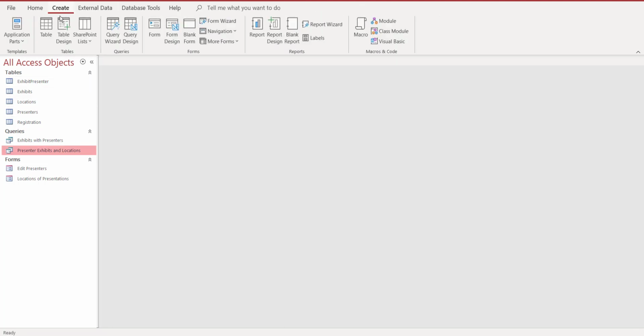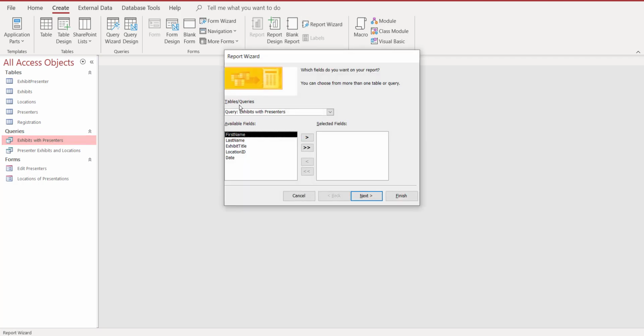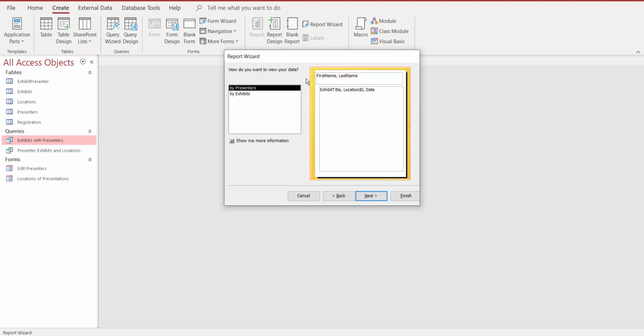The next way, I want to use the Report Wizard. So I'm going to create it from the Exhibits with Presenters query, and we'll pull everything from that query. Obviously, if you wanted to use a different one, you would go to the drop down. We'll use all of these fields, and you can group it either by the presenter name, which shows each of the presentations for each presenter, or you can group it by exhibit. So for each exhibit, it will show the presenters that will be in that particular exhibit to give their presentations. So we're going to choose by presenters,